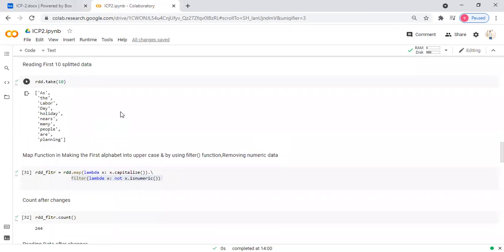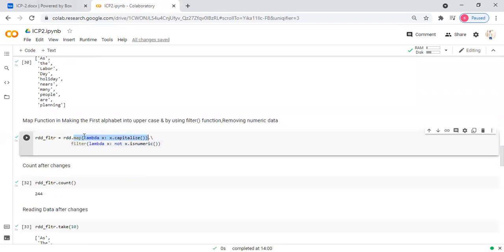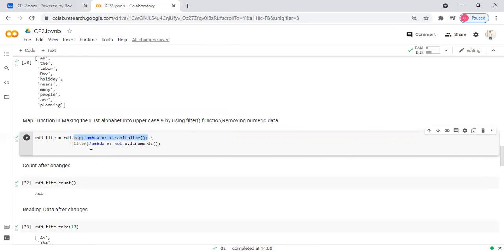I had written a map function where the first letter of the word should be in capital. So this is the map function I had used. It will convert this. This function will convert the first letter of the word into uppercase. Okay, and then here I also include one more filter function where